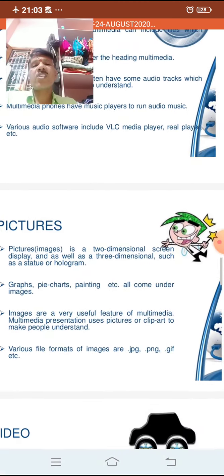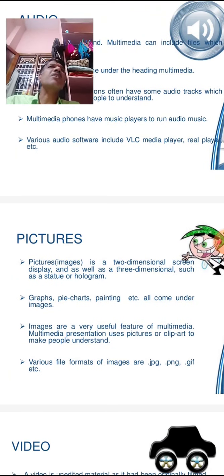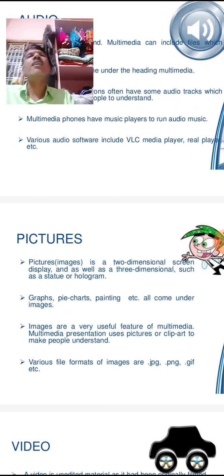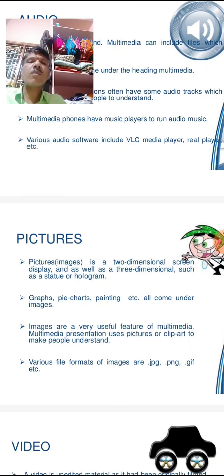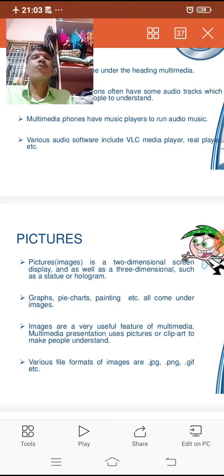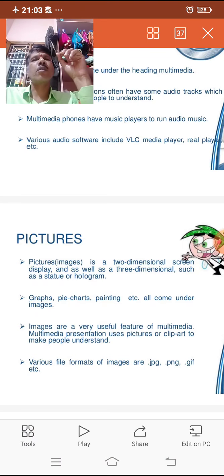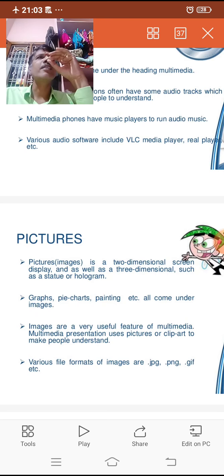Then pictures. Some of the content requires a special picture to understand the information. For example, in a presentation on the computer, we may present the computer. So various components are included in the computer. Each and every component can be presented in the form of an image, in the form of a picture. The user can understand easily. The user can operate easily by seeing such an image, such a picture.